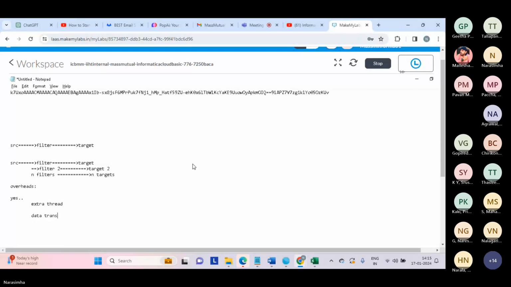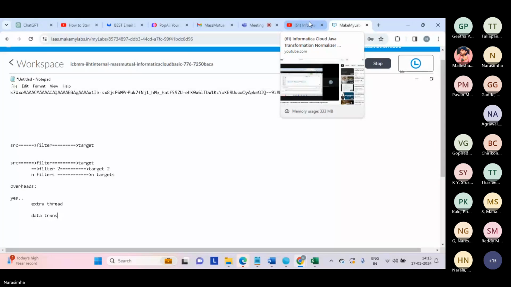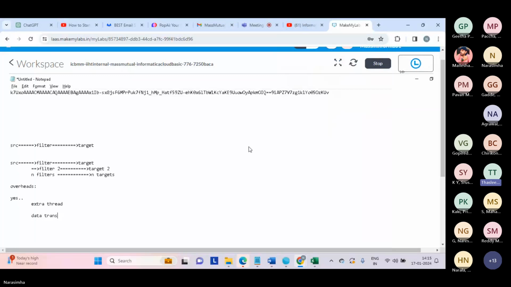Maybe logging off and logging in again will help. Now only I logged in. Yeah, stop and start again. Maybe it will, or maybe it will not work. Let's see. It's working after refresh.